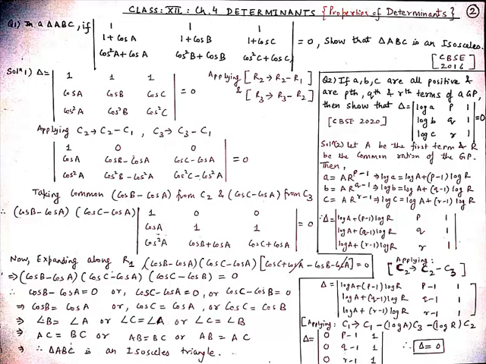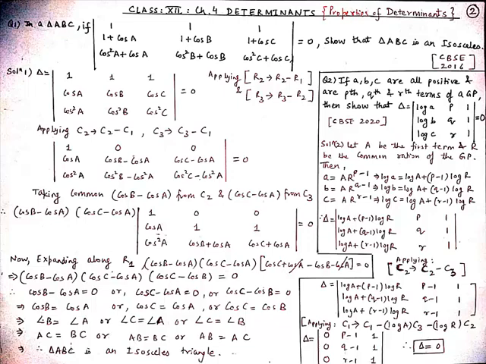And now our second question for today is, if a, b, c are all positive and are pth, qth and rth term of a GP, then show that the determinant with rows log a, p, 1; log b, q, 1; log c, r, 1 is equal to 0. Student, this question had been asked in the 2020 board examination, that is this year, and which is based on the concept of geometrical progression and logarithms.